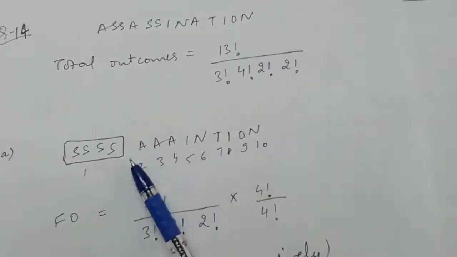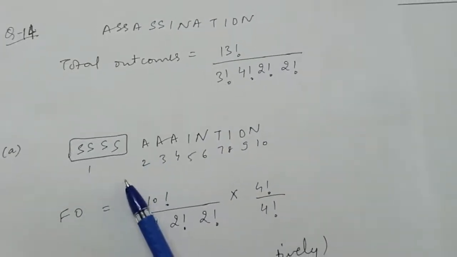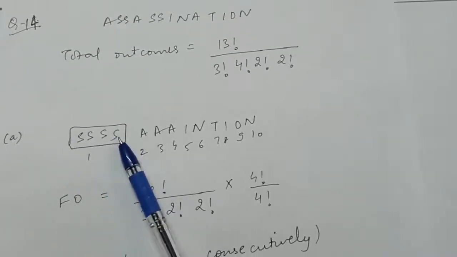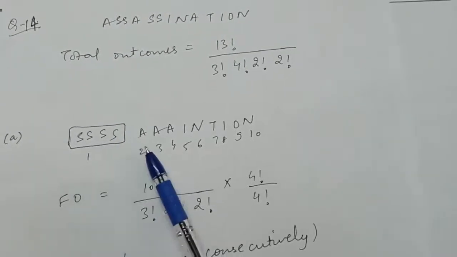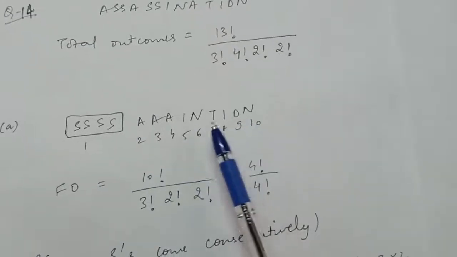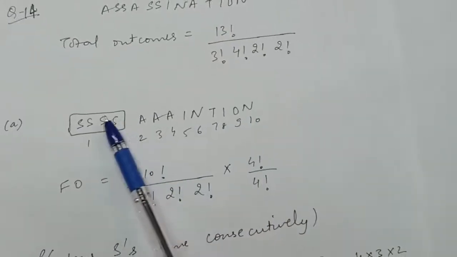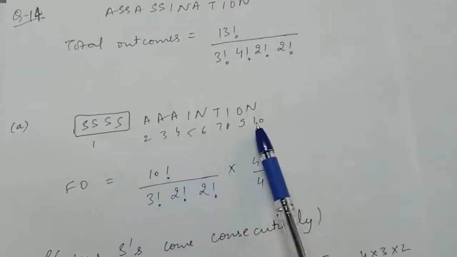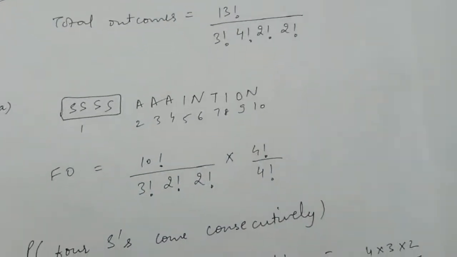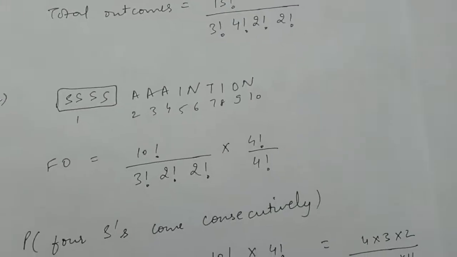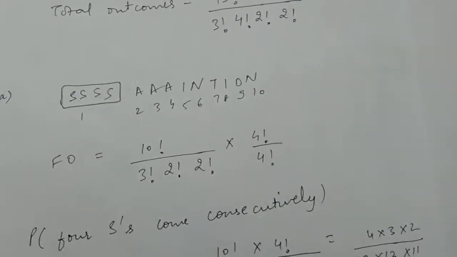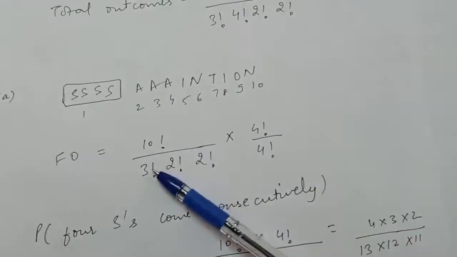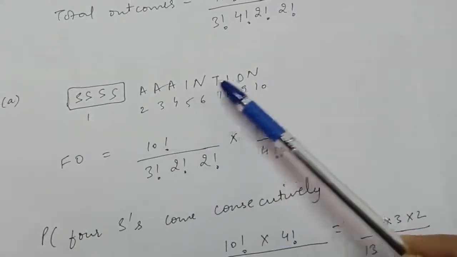Now the first case, when all the 4 S's come consecutively or together. Now we will treat these S's as one letter. These are the rest of the letters. Now if we treat these 4 letters as one letter, we have in total 10 letters which can be arranged in 10 factorial divided by 3 factorial, because A is repeating 3 times, I and N are repeating